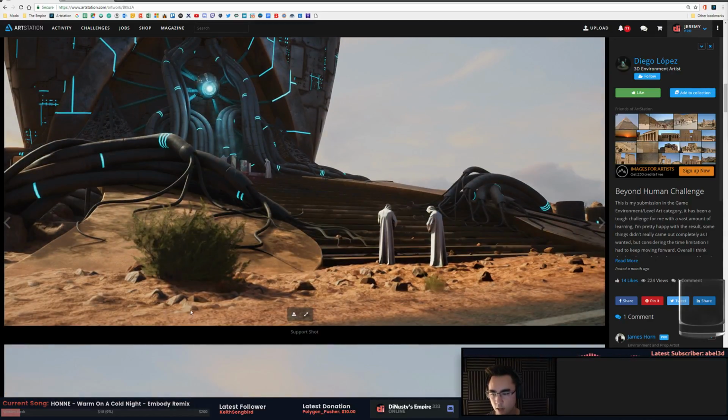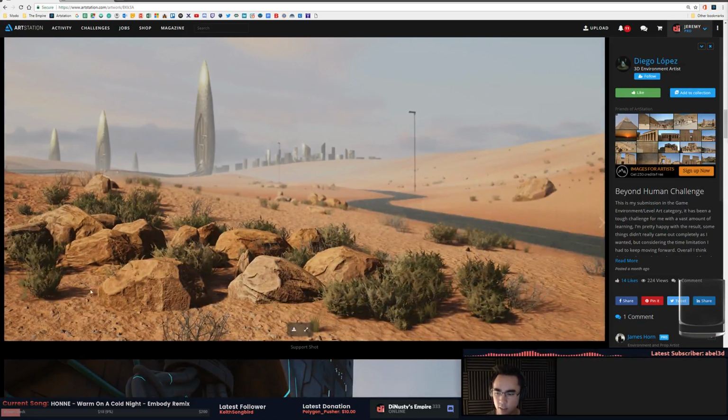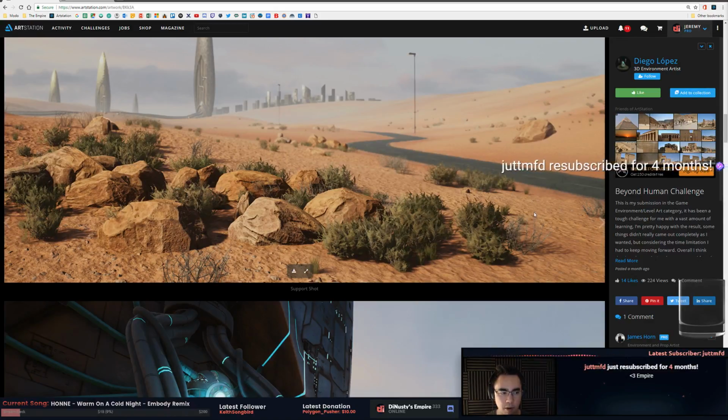Oh wow, there's a lot of tessellation going on down here, it looks like. Oh yeah, see, these look good. They just need some smaller rocks that aren't as small as the ground texture. The foliage looks like it might be Judd,